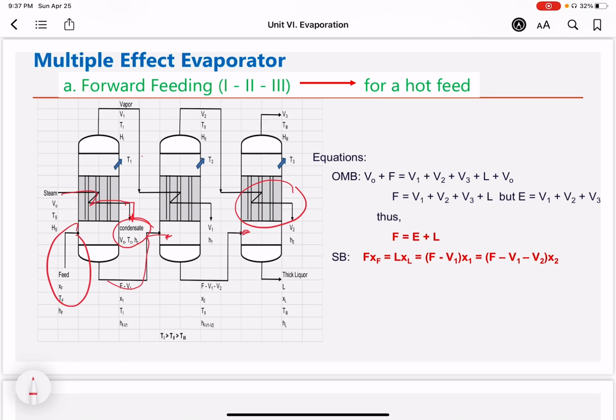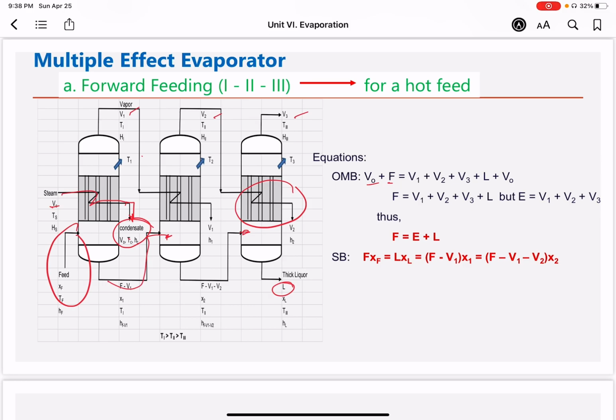Now we also have four equations. In the forward feeding, you have the overall material balance. Again, parang katulad ng single effect, it is V sub O, the entering steam, plus feed is equal to V1 plus V2 plus V3 plus, of course, your L, your final, plus your V sub O na lumabas. Okay? Everything that enters is equivalent to the one that